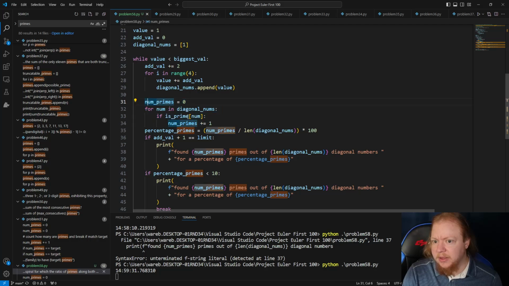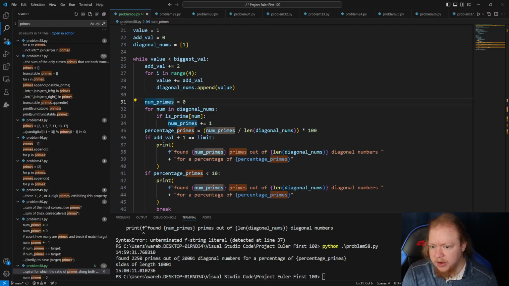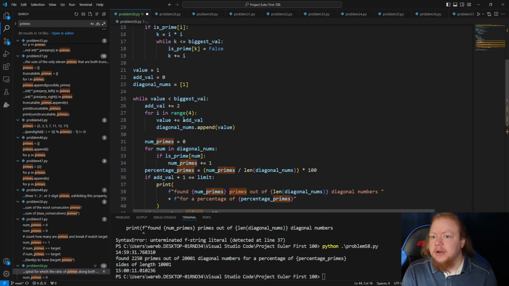Okay, I could be doing this part a little more efficiently. Okay, so found 2,250 primes out of 20,001 diagonal numbers for a percentage of. There needs to be an F here. Okay, so